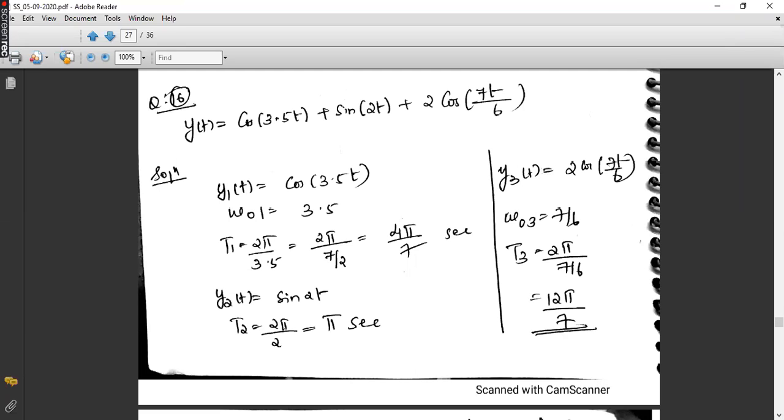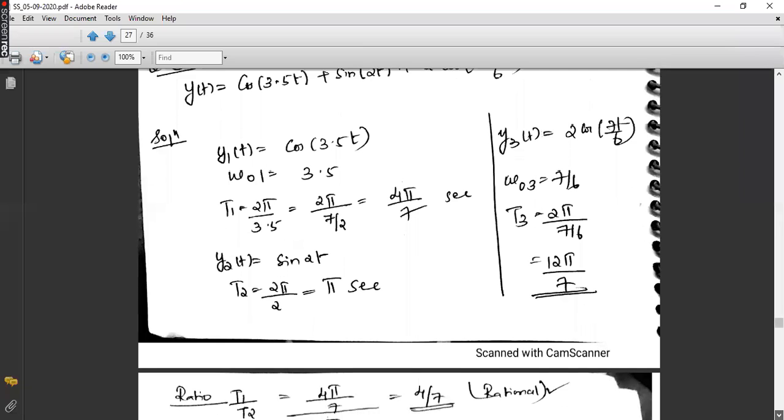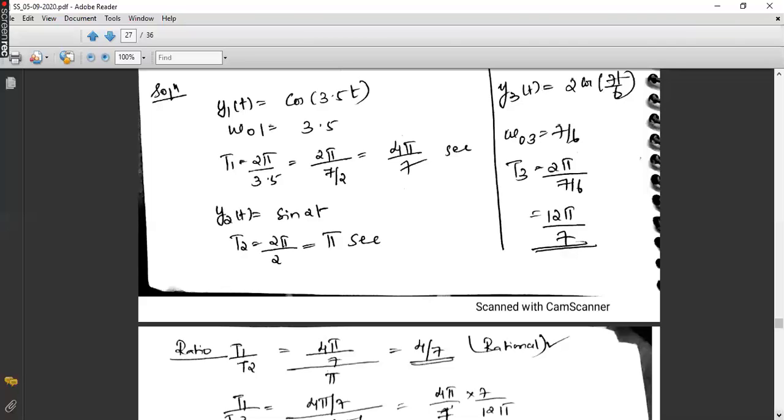Going to the next page. Hope you have taken down T1, T2, T3. Now, individually, you are going to find the ratios. So you will take the first signal as a reference signal. So T1 is common for both the ratios. So first you will find the ratio T1 by T2, and then you will find the ratio T1 by T3. I repeat once again. First signal you are going to take as a reference signal, so that T1 will be common for finding the two ratios. So T1 by T2 and T1 by T3.